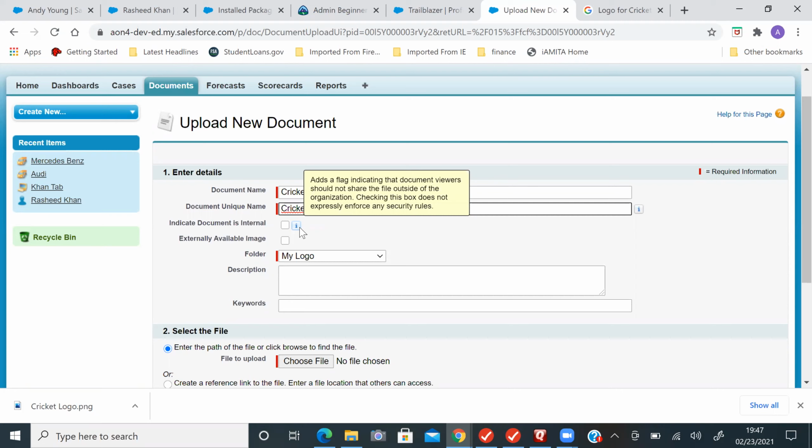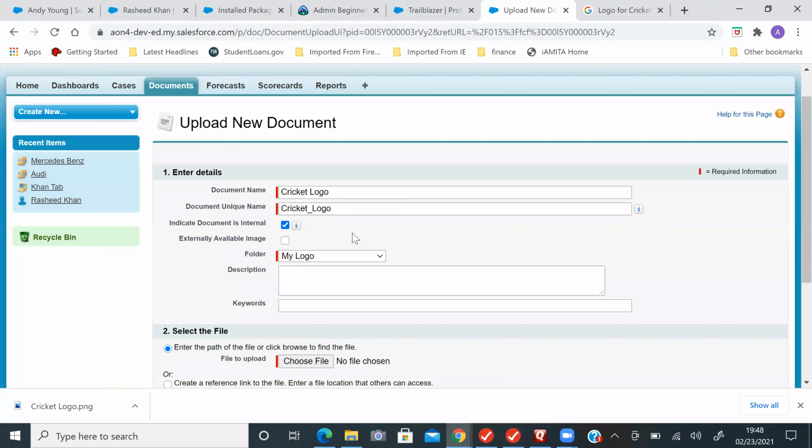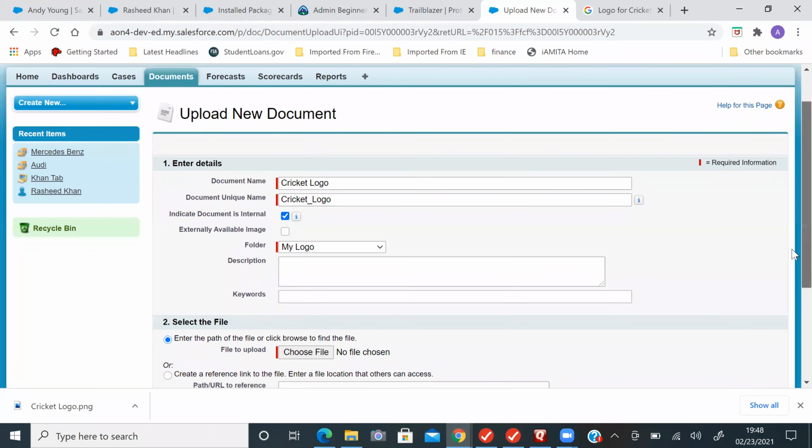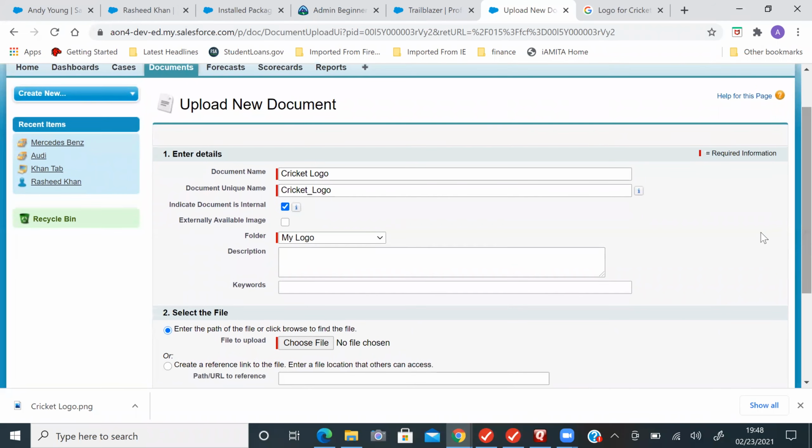There are two types of users whenever we upload documents, internal user and external user. Here you can see the externally available image. Don't check here. We will figure that out later. Description you can give.